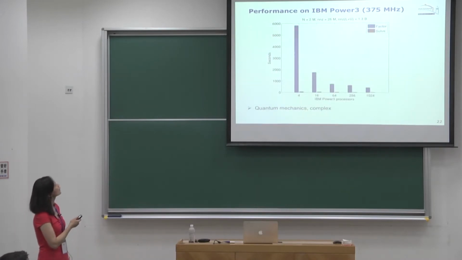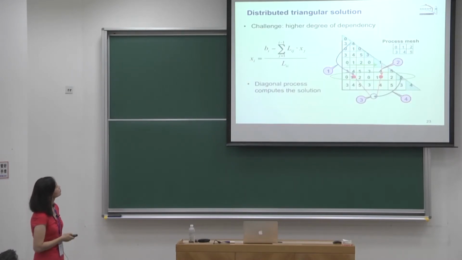Then for this biggest machine, biggest problem, you can see the runtime. This is the quantum mechanics problem. The runtime is reduced very nicely up to 1,000. And the triangular solution is not very scalable, but it doesn't take too much time. Okay, so let's take a look, before we take a break,